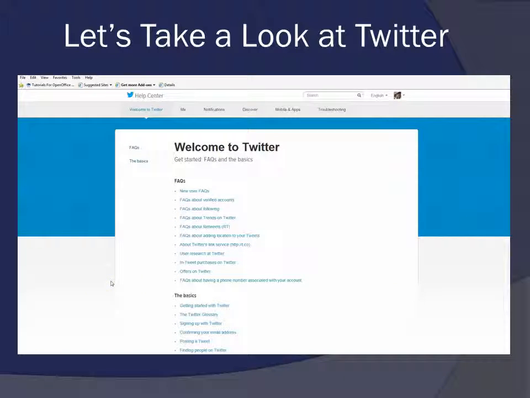Why don't you go ahead right now, and if you have just a regular computer, go ahead and just type in Twitter in your search engine. Get in there. If you don't have an account, go ahead and create yourself one. If you don't want to, you can just kind of go through and look at what you can on there. And if you have a smartphone, I'd encourage you to go ahead and download Twitter, and you can create an account from there as well. But just kind of get yourself familiar with Twitter.